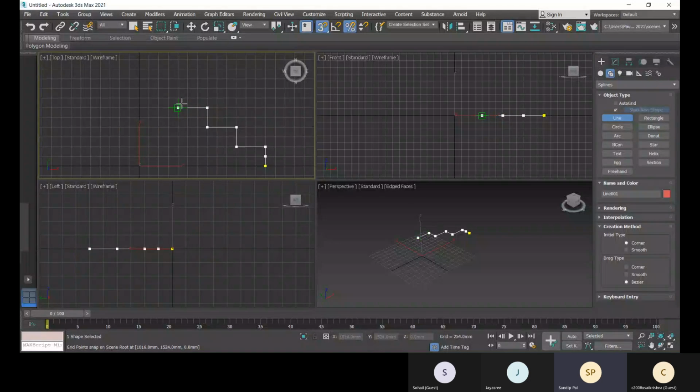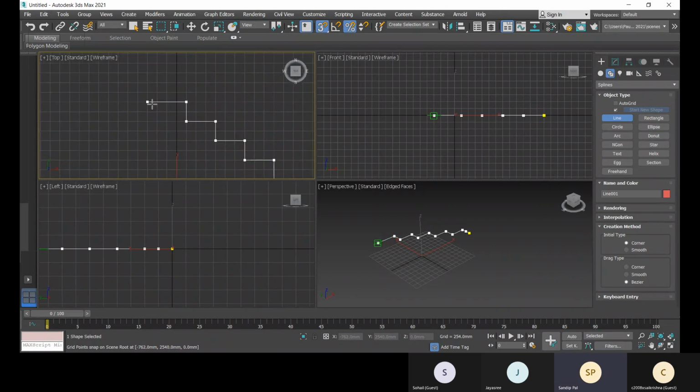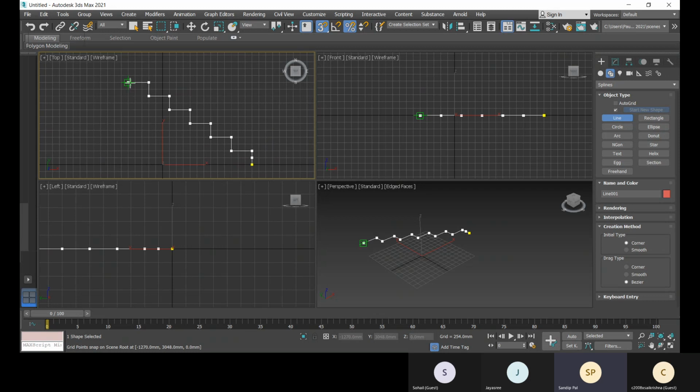Okay. See, with that grid points snap, I'm getting this. Okay. So I'm going to create a stair. So how many steps have I created?